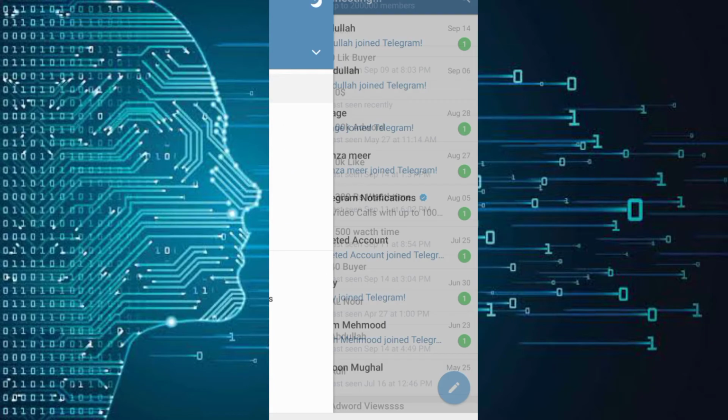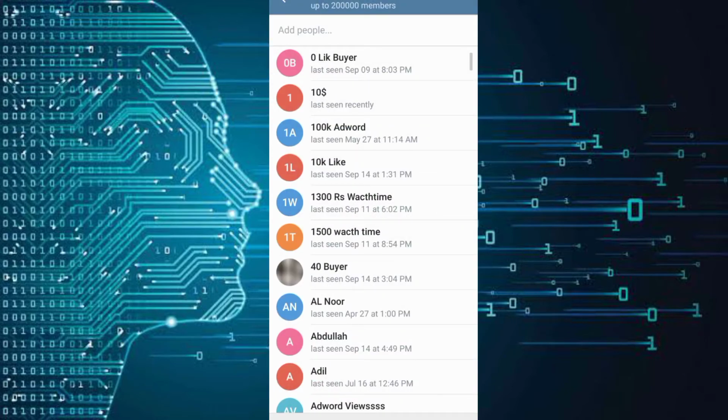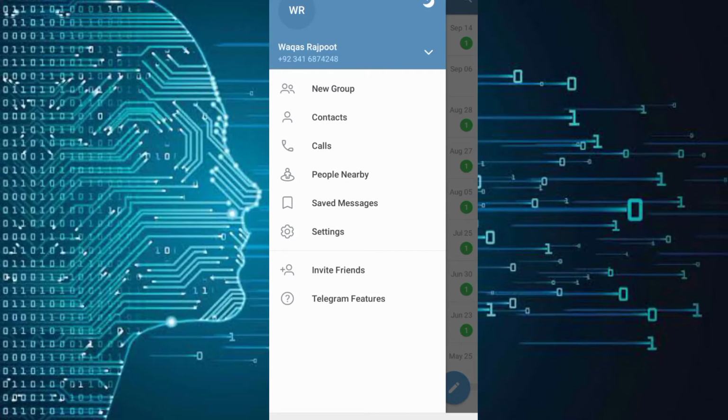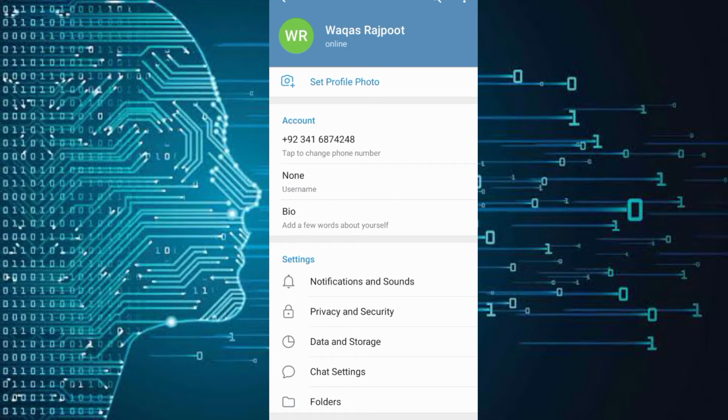New group means that you can create a group with your friends. You can chat and send photos and videos, like business photos and videos. You can share them in groups easily and it works very fast. You can send videos very fast in a Telegram group. I have been using this app for the last 2 years and I am very happy about it. I also recommend that you use this app for your business and